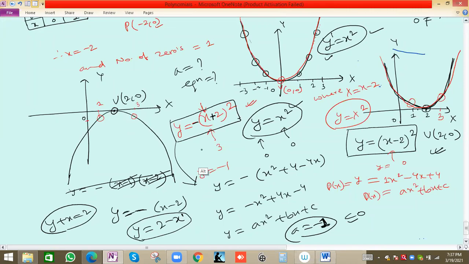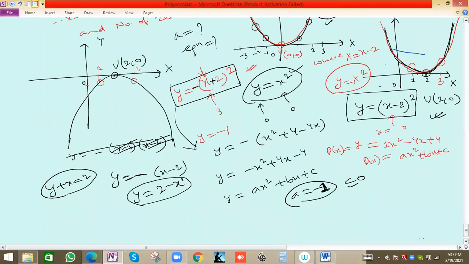Second thing, see, actually all the points on this parabola will satisfy it. One basic concept we have in graphs, straight line or parabola or any other graph: suppose you have a straight line, all the points on this straight line will satisfy the equation of the straight line. Similarly, all the points on the parabola will satisfy the parabola equation, right? But see, the other points